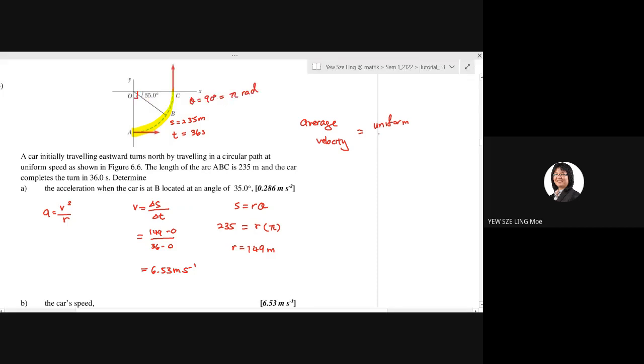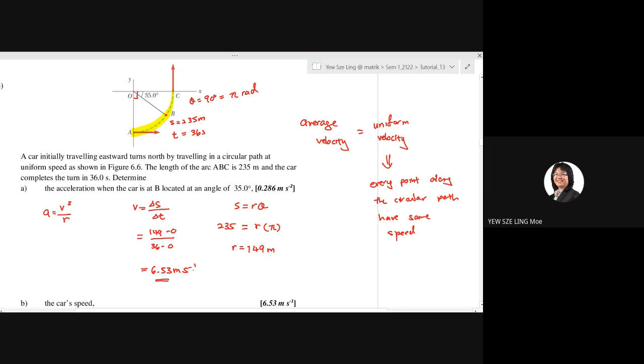Okay, uniform velocity. Now, what does it mean by uniform velocity? It means every point along the circular path has the same speed. So the speed at every single point, it doesn't matter whether you start from point A, or you're at point B where that is 35 degrees, or point C. At every single position, your object is going to move with this same velocity, which is